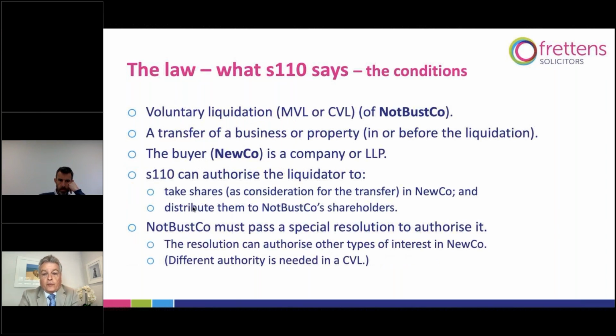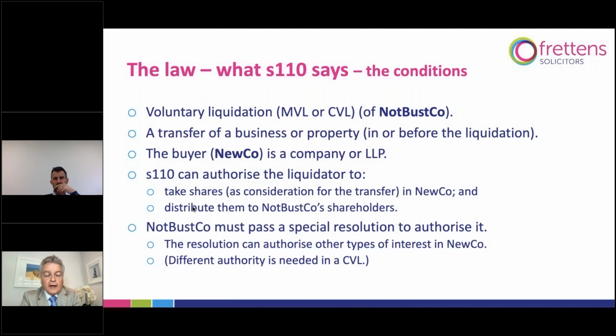So let's look at what is actually in Section 110 itself. First condition is that you have to have a voluntary liquidation. In theory, it could be a creditor's voluntary liquidation, but it's hard to think of circumstances where that would be appropriate. I guess if you had a CVL where you were selling the business for, well, to a connected party and you were getting enough for it that it was actually going to be able to pay all of the creditors in full,